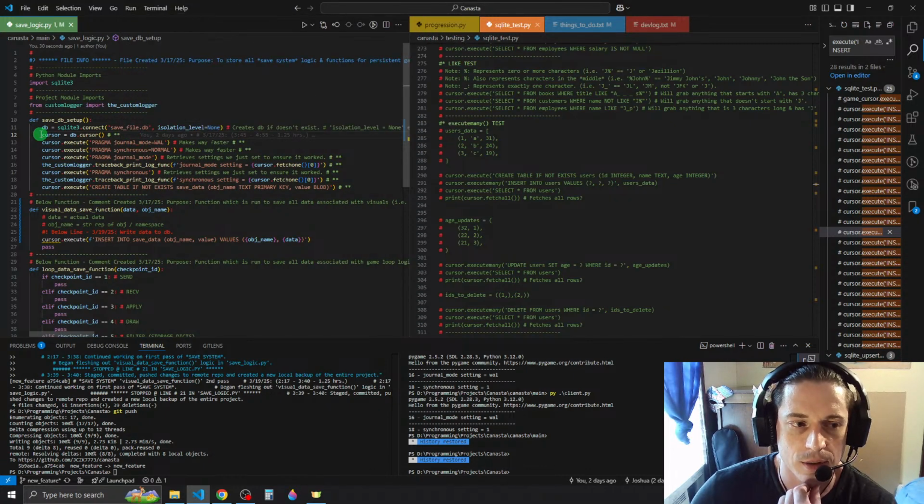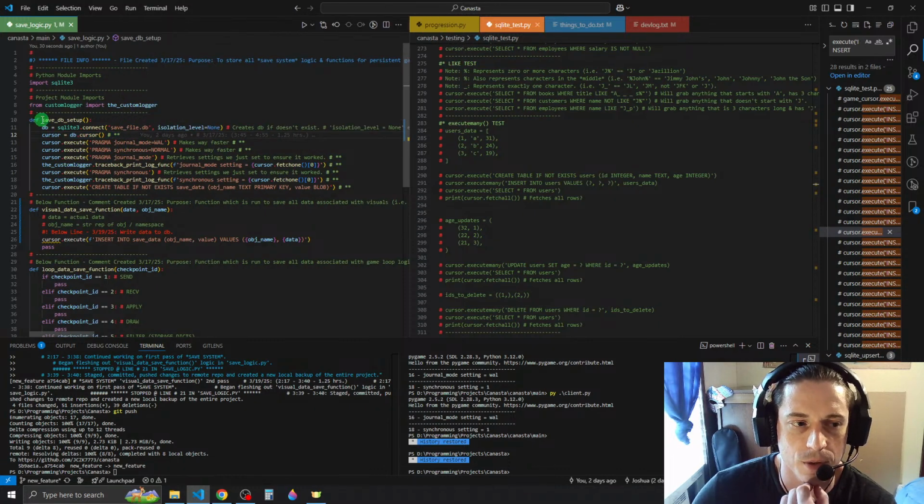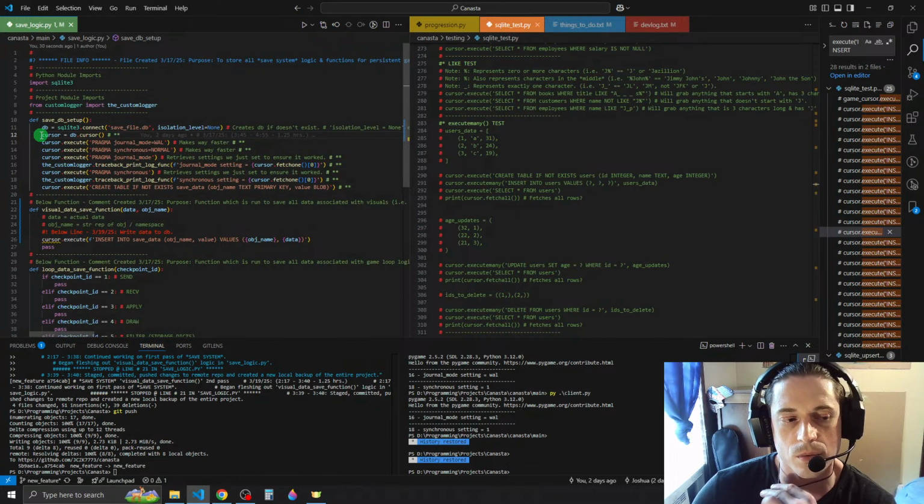But if we did that through the function call in another file that imports this function, would we then be able to reference cursor from a completely different file that hasn't run this? And I think the answer actually is yes, it would exist,